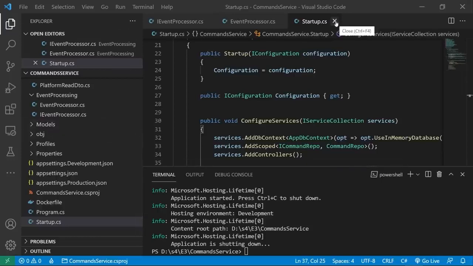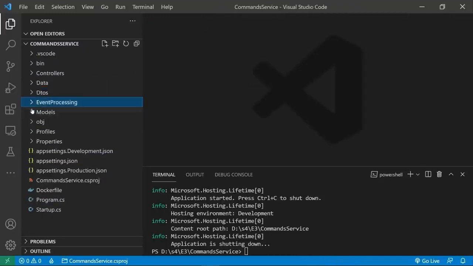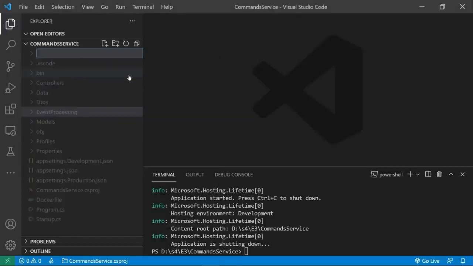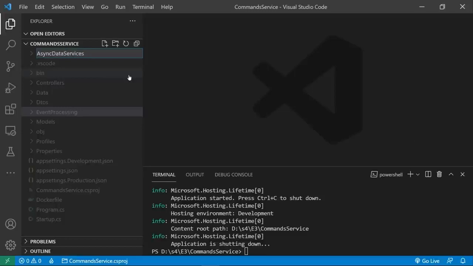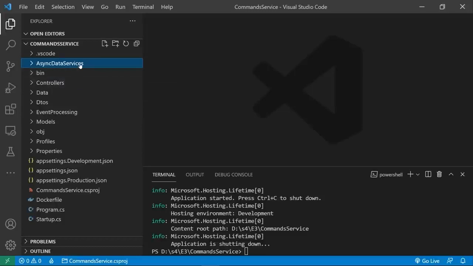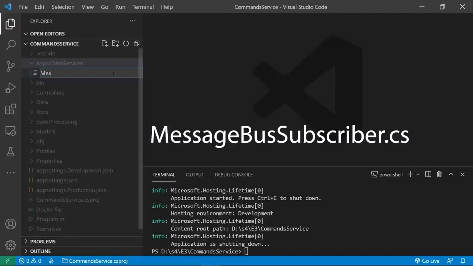So let's just clear all this down, make sure we don't have anything running, and we are going to create, I think this, no, it's not. I was going to say it's the final folder within our command service. It's not. We have one more after that as well. But yeah, for now, we are going to create an asynchronous messaging folder for our subscriber. So, async data services. Okay. And into that, we are just going to create one file called message bus